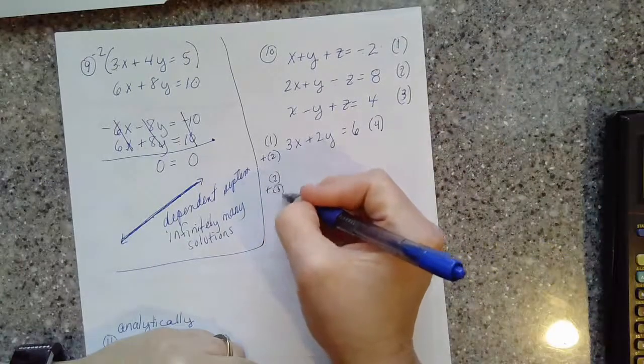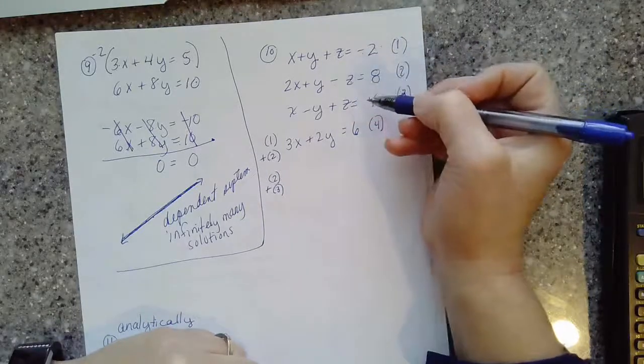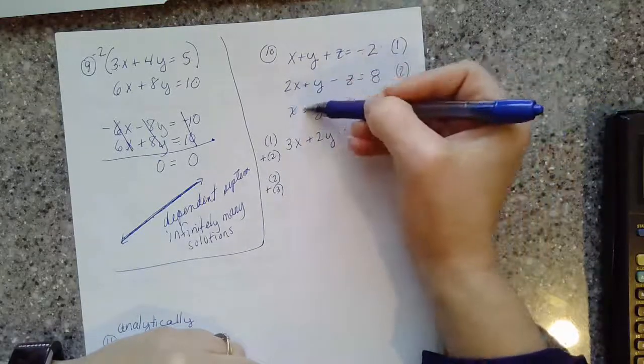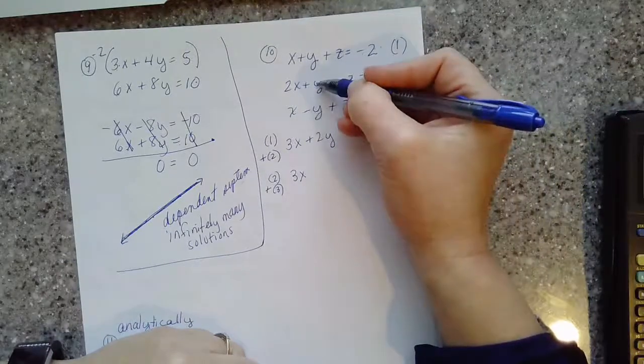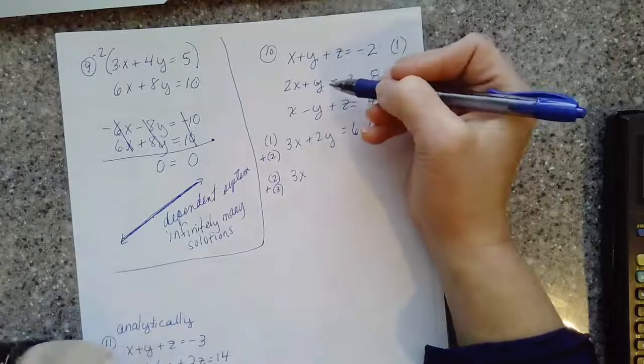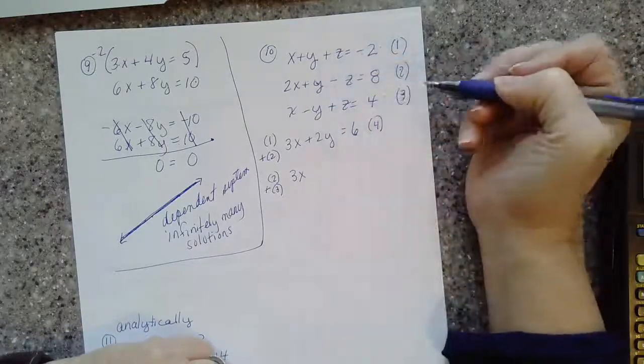2x and 1x adds to be 3x. Oh, the y's cancel. That could be a special case. I'm not sure I meant for that to happen. y and minus y cancels out, and so does the z and minus z, and then 8 and 4 is 12. So maybe this isn't as standard of an example as I wanted it to be,